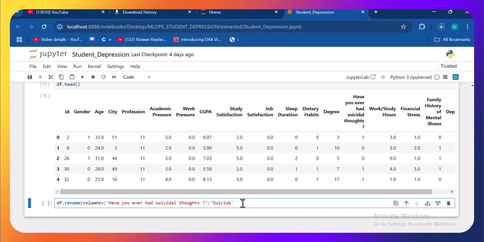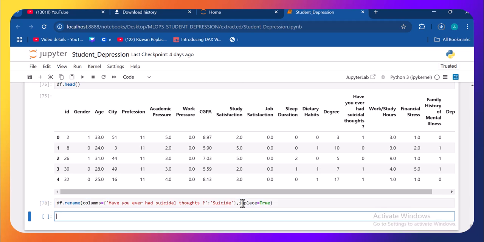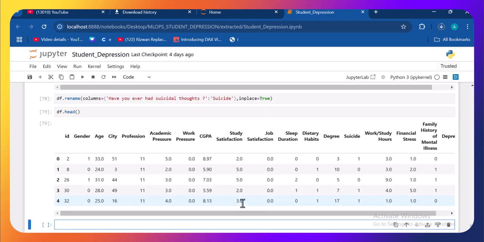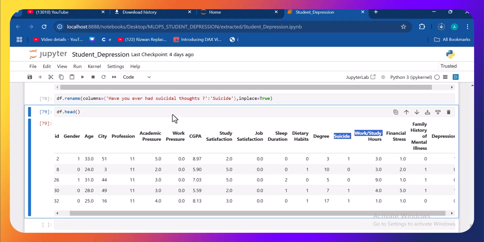Suicide, I think, okay, then we will use inplace equal to true. I think this will be done. Okay, now if I check it here, it has been done. Yes, it has been replaced with suicide. So I will also mention here